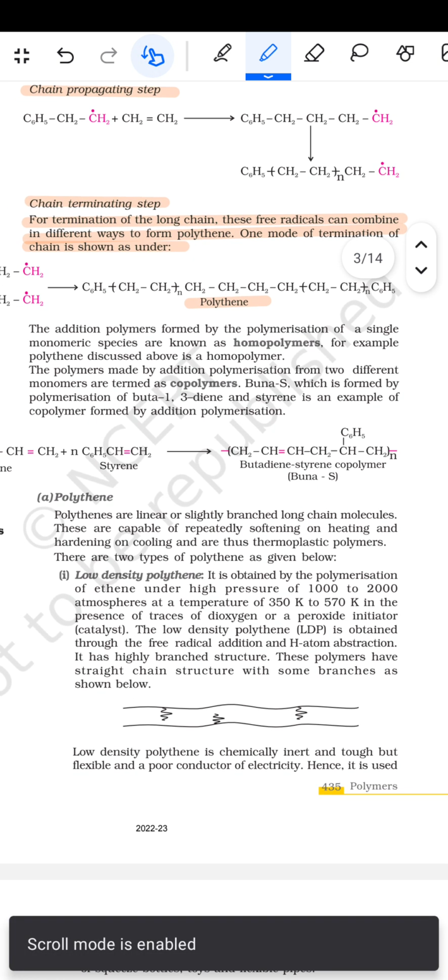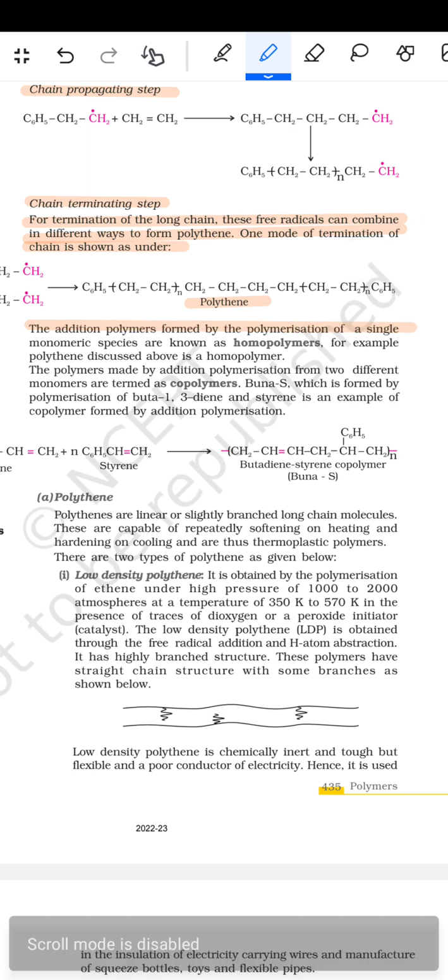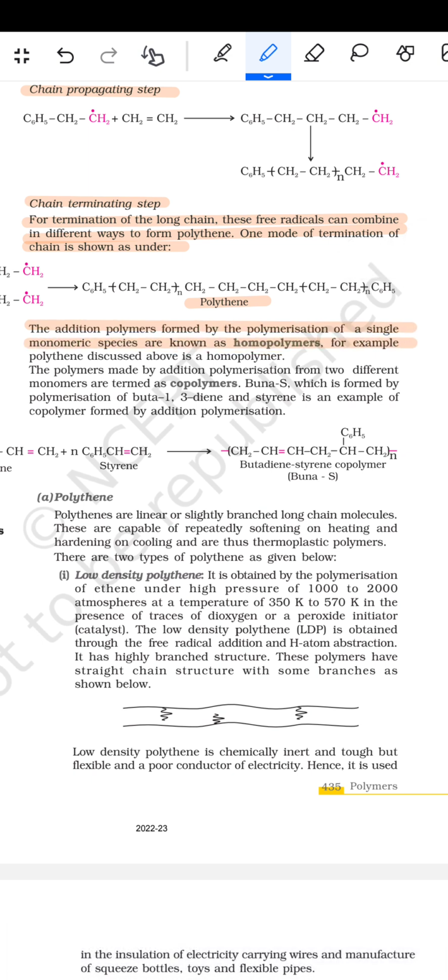the addition polymer. The addition polymer formed by the polymerization of a single monomeric species are known as the homopolymers. For example, the polythene discussed above is a homopolymer. The polymers made by the addition polymerization from the two different monomers are termed as the copolymers. Buna-S, which is formed by the polymerization of the buta-1,3-diene and styrene, is an example of the copolymer formed